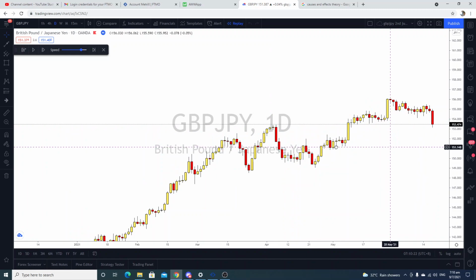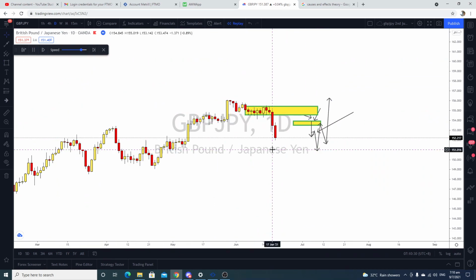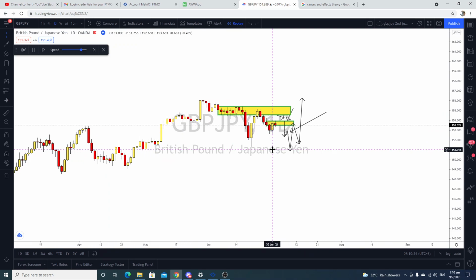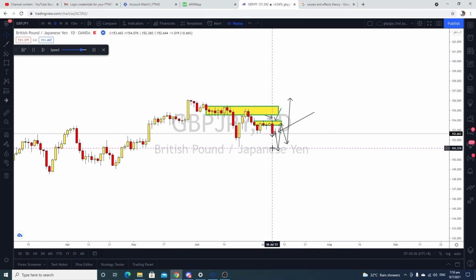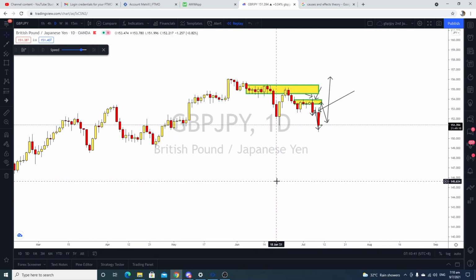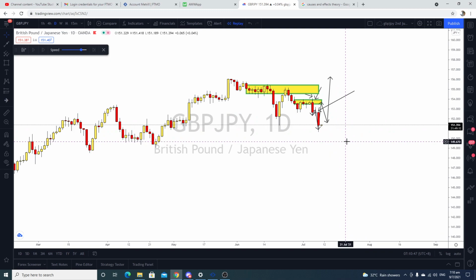In this case, rally, base, drop. So this is the base. If price came back to the base, we want to look for a sell. Price came back to the base, and then price goes down. That's the break-base-return entry. The base breaks here, and then return entry. That's how the break-base-return entry works. I'm going to share it with you maybe next week.